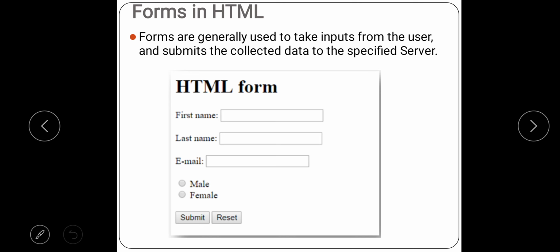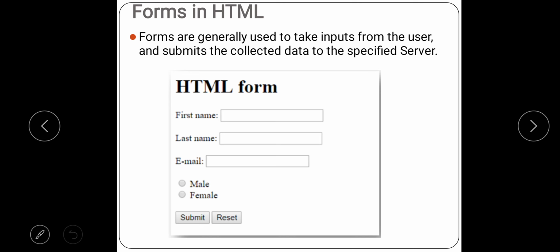Then next line, you can see it is asking for an email ID. So in this text box the user will enter his email ID, right? Why this box is called as a text box? Because this text box will take the alphabets, the special characters, the numbers and combination of this. Hence it takes the input as a text. That is why it is called as a text box.